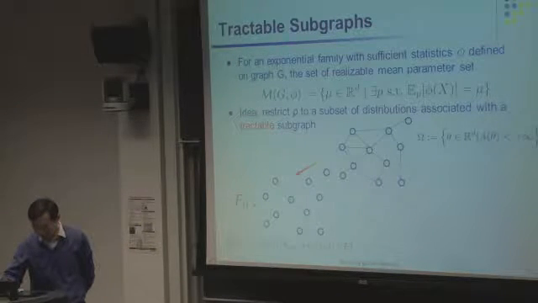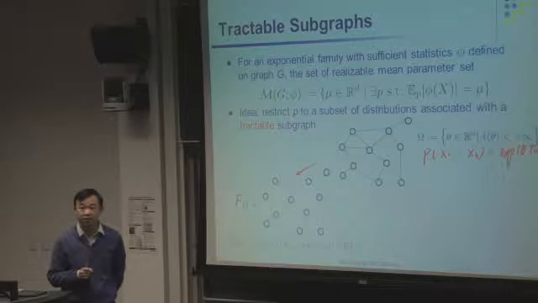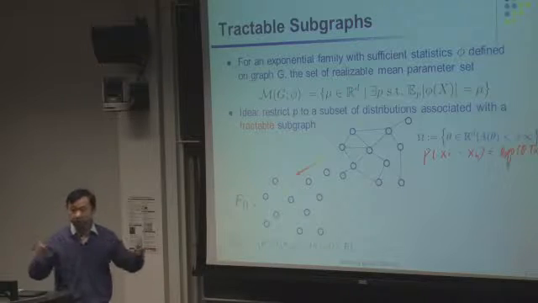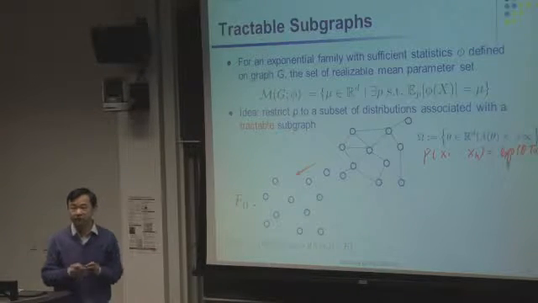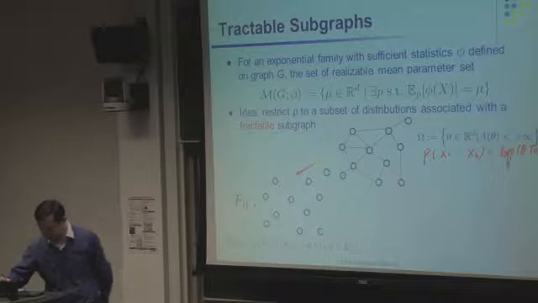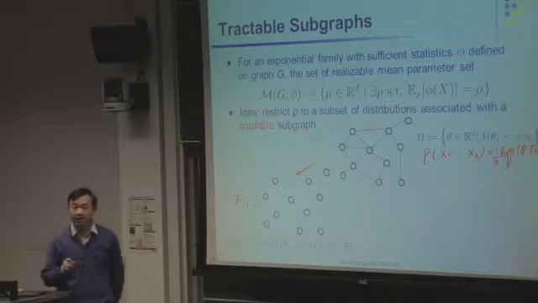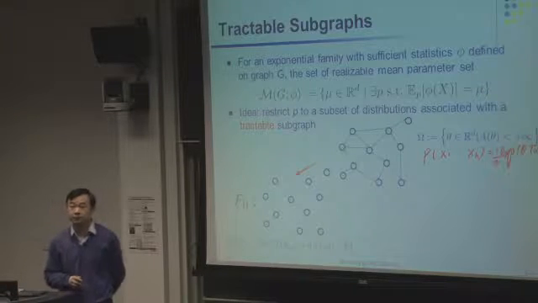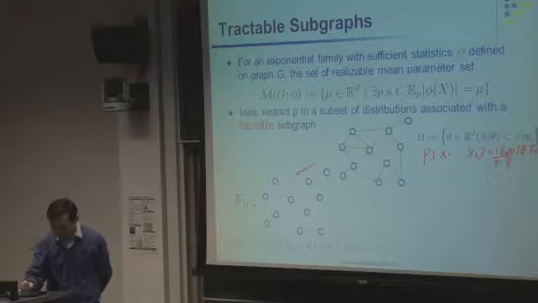Here we have a full distribution, x1 all the way to xn, equal to some form of theta times t of x, which is the sufficient statistic. In this case, by the way, this one can be factorizable or may be hard to factorize because of a joint partition function. So they are not fully factorizable. But in this case, what does the distribution look like? It's actually going to look like one of